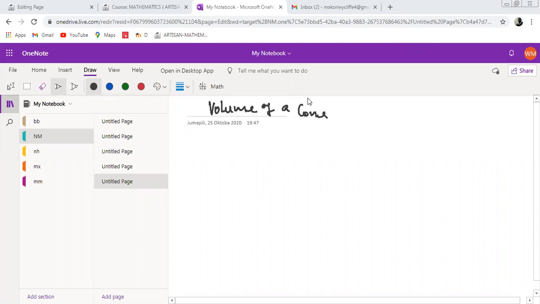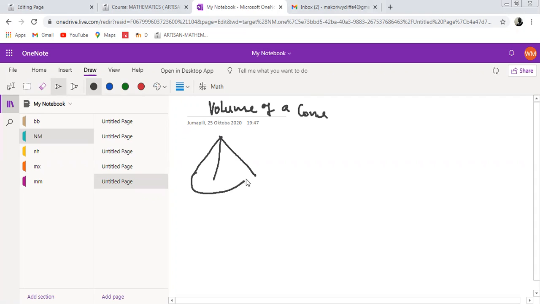Today's lesson we are going to focus on the volume of a cone. In our previous discussion, we talked about what a cone is and how we get its surface area. We said that a cone is a figure that has got this kind of a shape